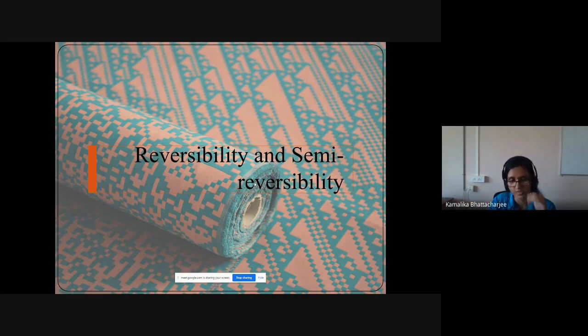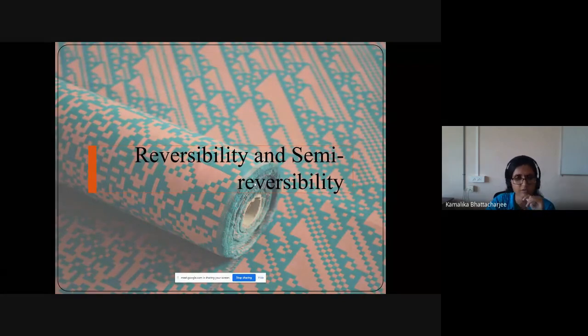Okay, so now we have decided the reversibility for a finite CA. But we started with infinite CA. Now our question is, is there any relation between these reversibility cases, the 4 cases we have discussed?